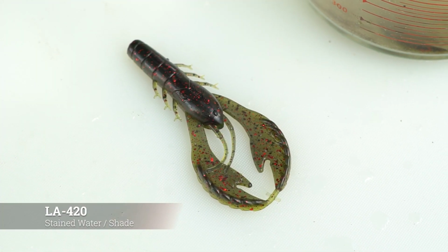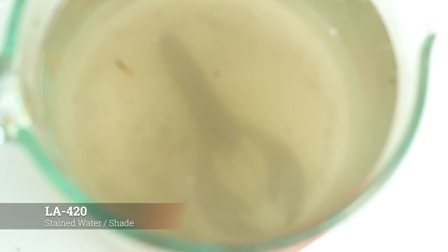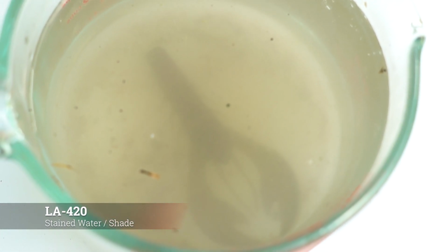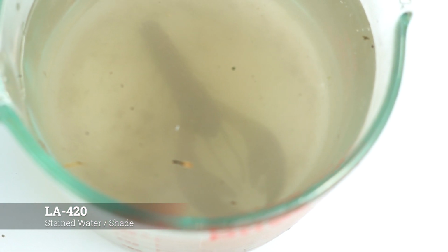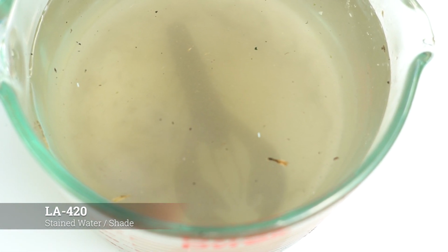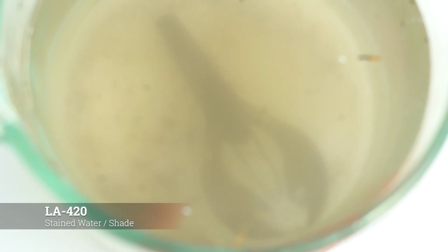Okay, now LA 420 in the stained water in the shade. We could see the profile of the lure is there thanks to that black coloring, but the red flakes are actually harder to see now in the stained water. I tried to focus with the camera as best as possible, but ultimately could not see it. If I looked with my naked eye into the water, I could see it just a little bit, but still